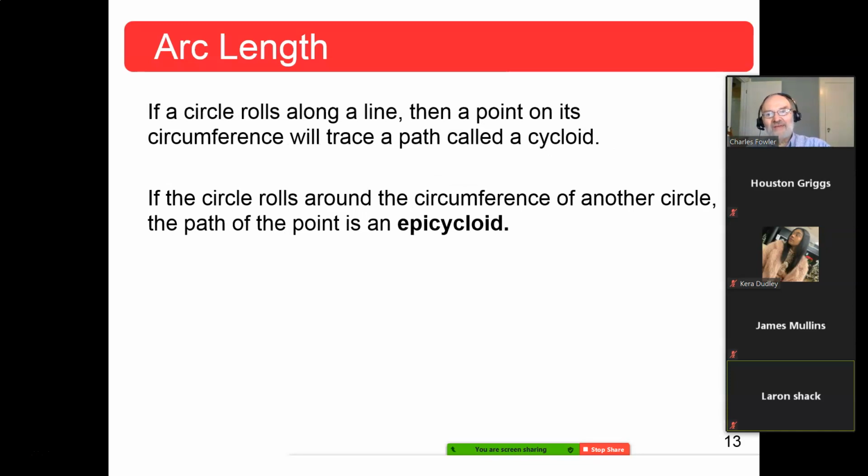Now, if a circle rolls along a line, then the point on its circumference will trace a path called a cycloid. Now, almost feels like we're going backwards here, because right at the end of the previous section, we did the tautochrone and the brachistochrone. Well, we actually did a cycloid then too. I thought we had. So they're going back and reminding you of this. If the circle rolls around the circumference of another circle, not along a straight line, then you have an epicycloid, okay? Cycloid, not cyclone. Epicycloid,